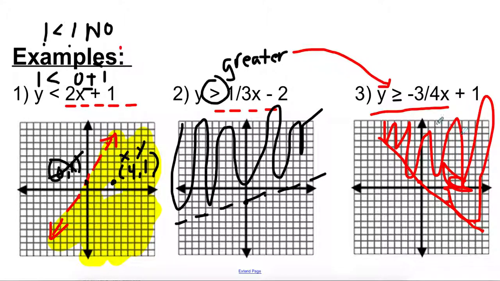So greater than starts from the top. Number 1, less than starts from below. And it's only a solid line if it has the equal to symbol below it. That's the only time it's solid. Otherwise, it will be dashed. What I'd like you to do is try the next